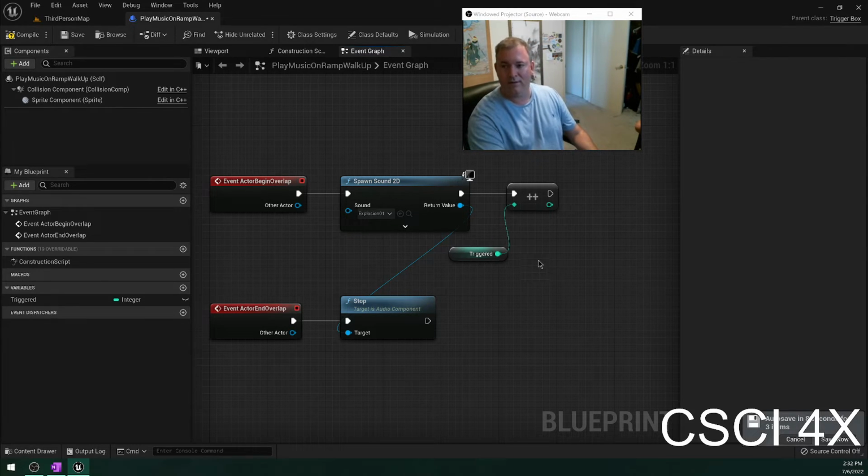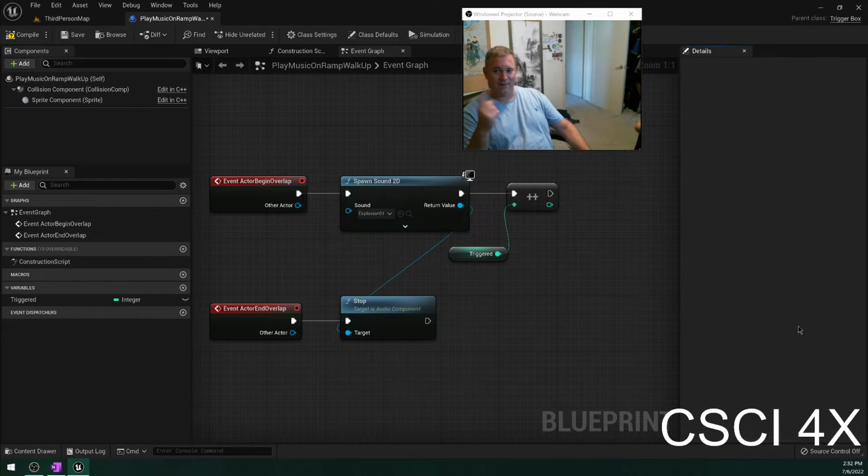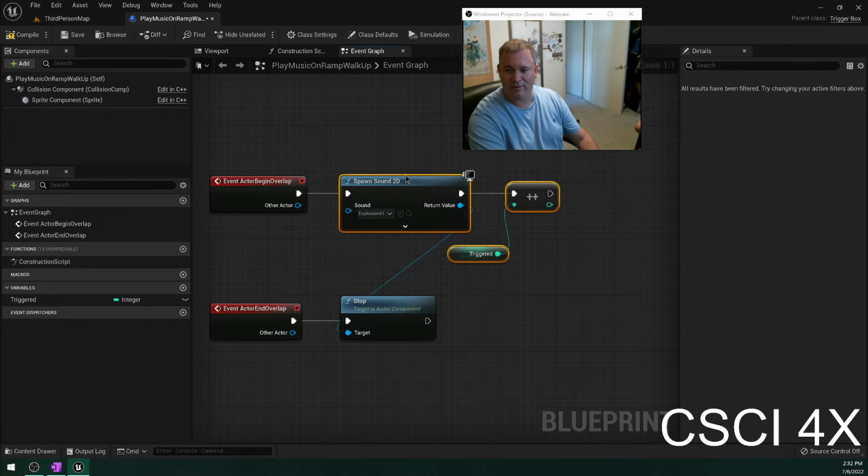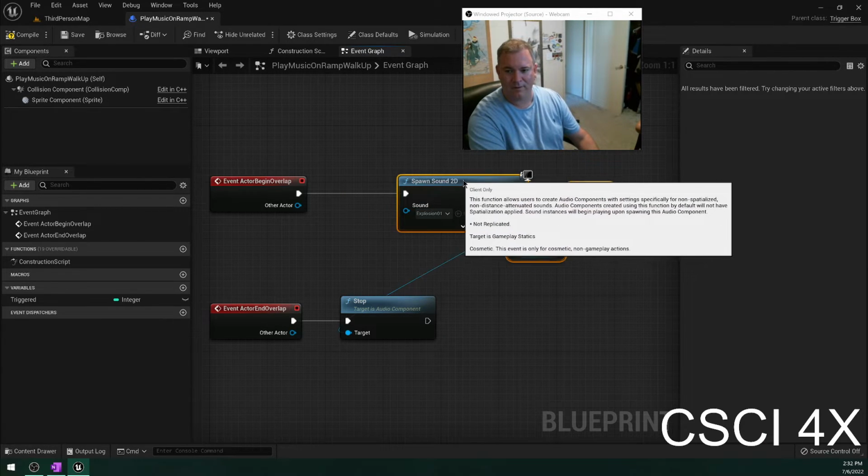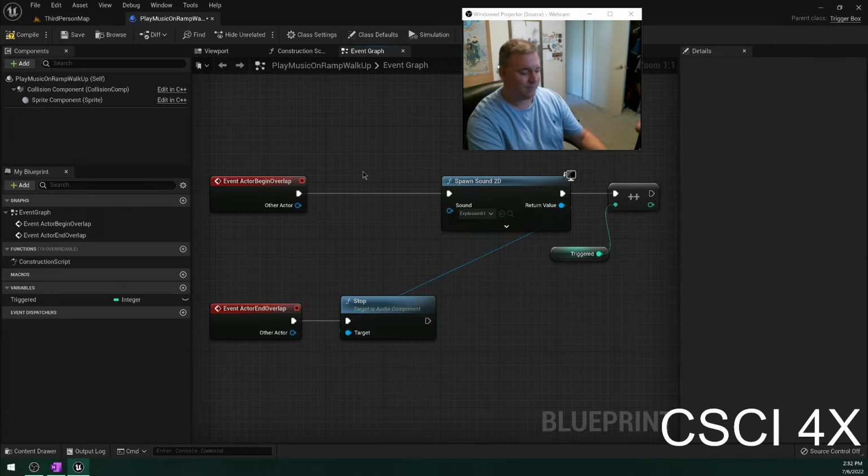And so here is the most important thing you're going to learn today, which is the if statement. Okay. This is where all intelligence in video games comes from. All right. So I'm going to make a little bit of room over here. I'm going to alt-click this here. And what I want to put in here is a branch. Okay, the branch is going to check. It's going to get the value of triggered, do a comparison, and if the value is less than 5, it'll go ahead and play the sound. If it doesn't,